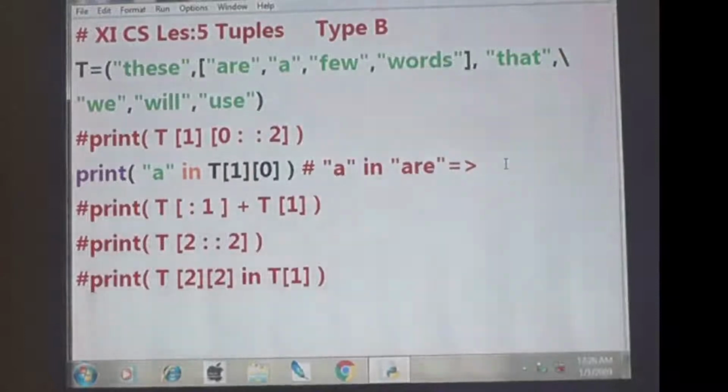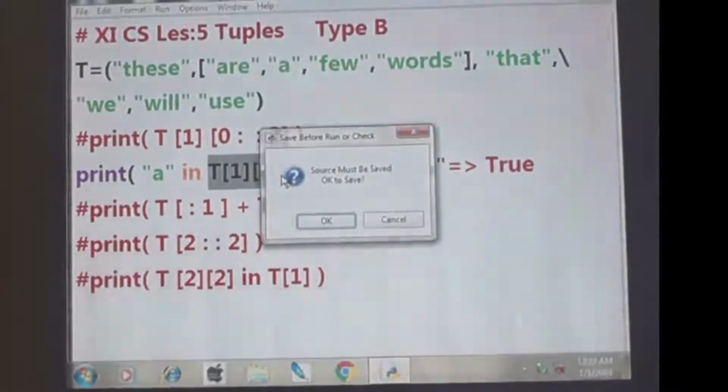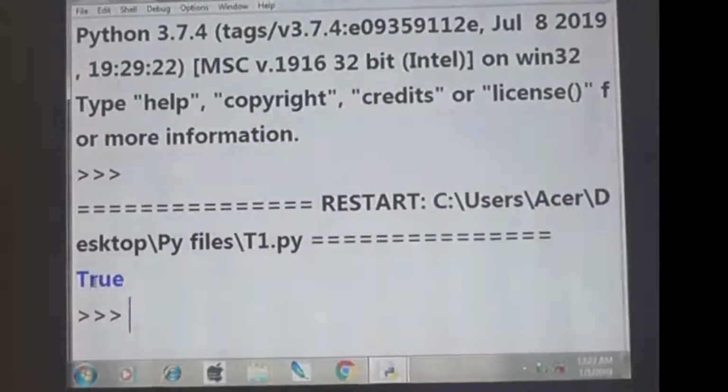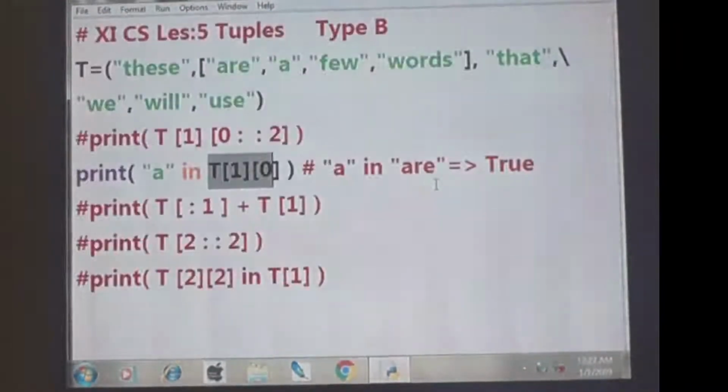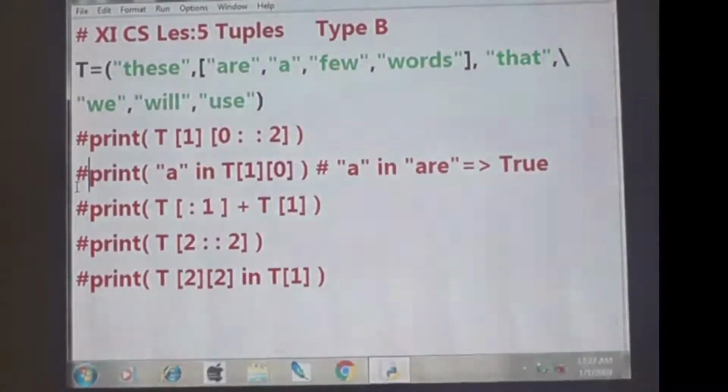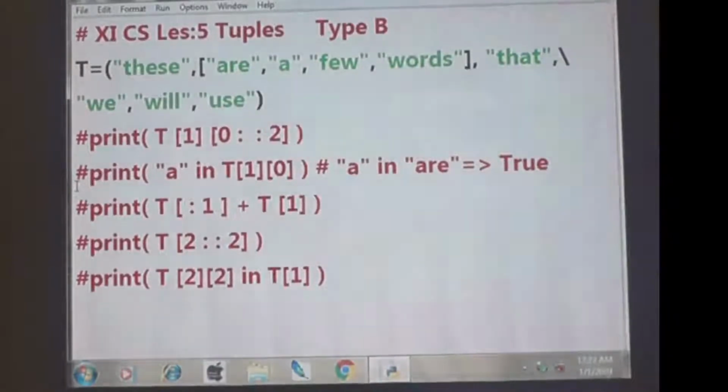So the answer is TRUE. So A in T of 1, 0, the answer is F5. It is true. Understand, my dear students? They are asking whether A is inside R. Yes, the answer is true. That's why you got the answer true. Clear? Okay. So you can hide this one and we are going for the next line.